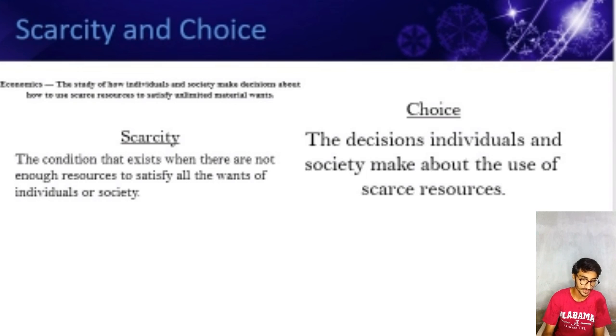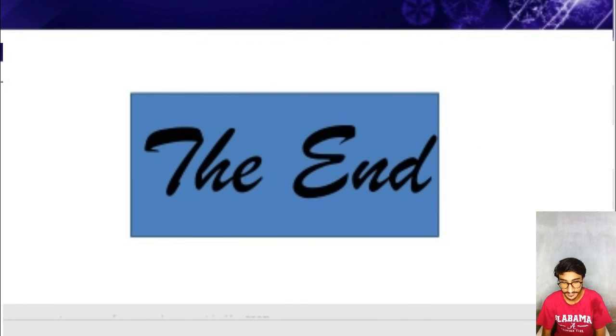And now I am going to my next topic. This is the end of trade-offs, and now scarcity and choice. Economics is the study of how individuals and society make decisions about how to use scarce resources to satisfy unlimited material wants. Scarcity is the condition that exists when there are not enough resources to satisfy all the wants of an individual or society. Choice is the decisions individuals